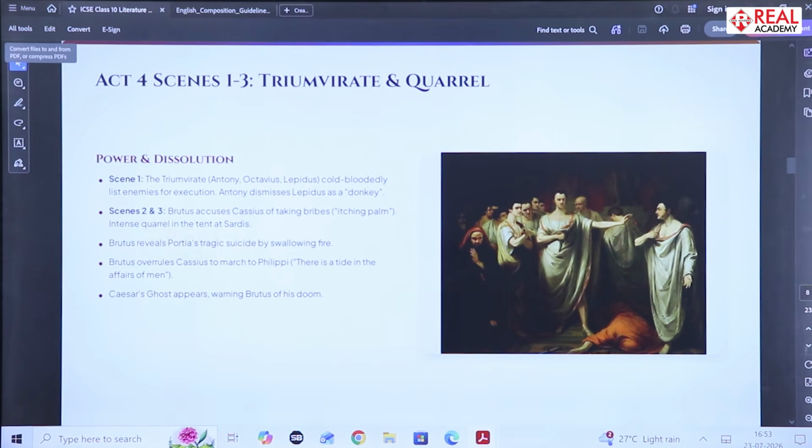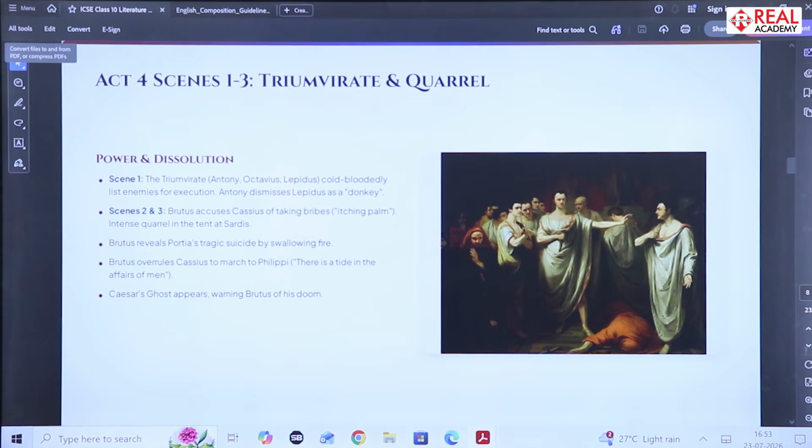Significance of Act 4, Scene 3: Brutus and Cassius resolve their conflict and restore their friendship. Portia's death highlights her personal sacrifice caused by political conflict. Brutus' Stoic philosophy and self control are revealed. The decision to march to Philippi determined the course of the war. The ghost of Caesar foreshadows Brutus' defeat and death. The scene builds suspense before the final act of the play.